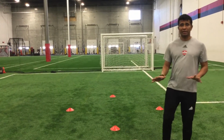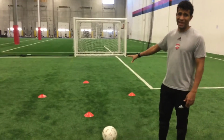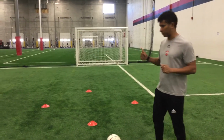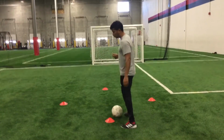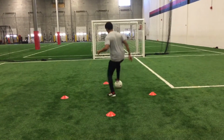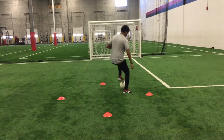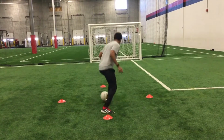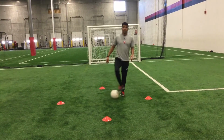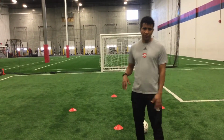Okay? Now, just to get warmed up, the first exercise we're gonna do is, we're just gonna dribble inside the diamond. There are no conditions, you can do whatever you want. Just always try to make it as realistic as possible. So we're gonna start in the middle, and then we're just gonna start dribbling around. So I'm just gonna go in, right, left. Okay, so for 1 minute, do that type of exercise,